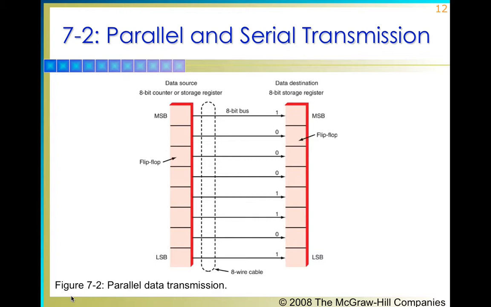This is a diagrammatic representation of a parallel transmission between two systems. You can see over here on the left hand side we have an 8-bit register which is made of about 8 flip-flops, and we have the least significant bit at the bottom, the most significant bit on the top, and we are sending it from one 8-bit register to the other 8-bit register through wires, sending each bit with a separate dedicated wire, and we have an 8-wire cable. So it will be costing us too much, and signal attenuation can happen over here, which will add to our complexities.